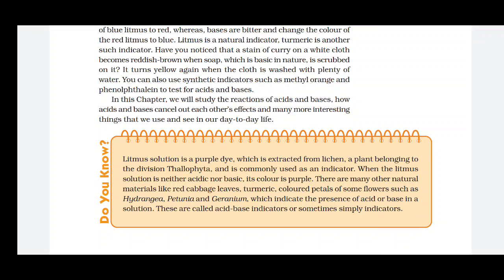Now acids release hydrogen ions, in the same way the bases release OH ions. The OH ions are known as hydroxyl ions. Same as acids, bases are also classified as strong base, weak base, alkalis, etc. And these bases turn red litmus paper blue. They turn the red litmus paper to blue color.